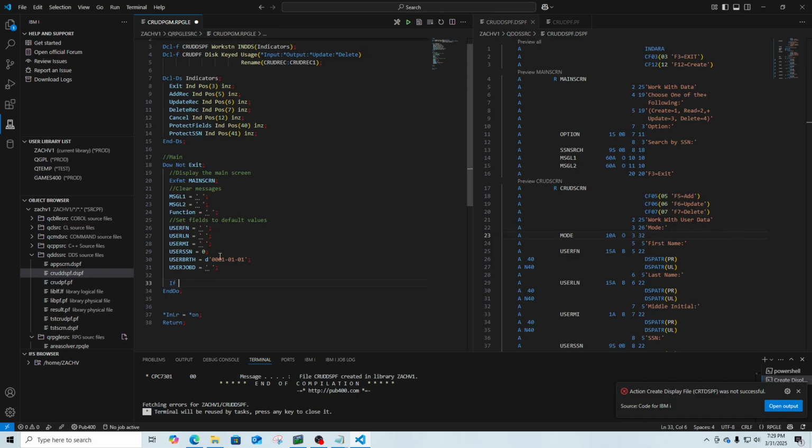Now we can go ahead and see what option they have entered. So what we'll do is say if not exit. If the user hasn't immediately pressed exit, we will continue onward. If they did, then it'll just end and our loop will end. But what we can do is do a select statement. So select, and then for our cases, it'll just be our CRUD operation. So we'll say when option equals 1, and then when option equals 2, and then we'll